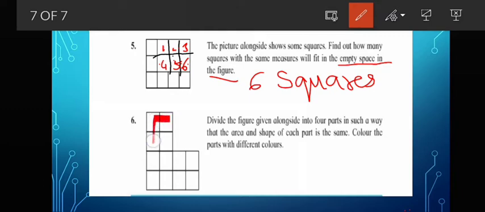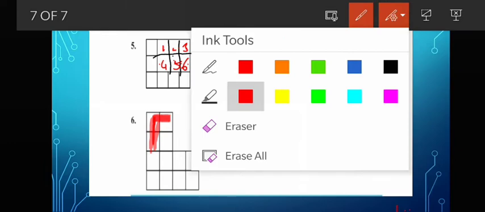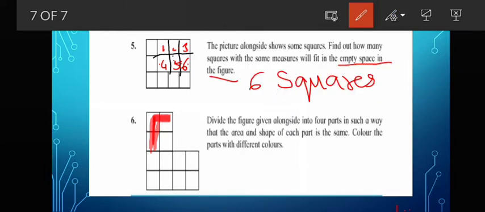So 1, 2, 3. This is the first part. Okay, I am just doing this. Let us check whether your teacher is getting it right or not. And then I will use another color to get the same area. See, 1, 2, 3.